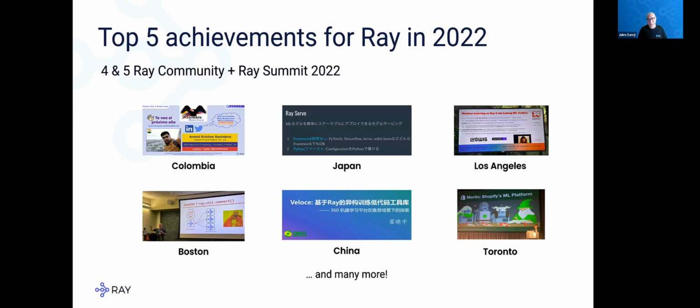One of them was from Shopify, Isaac, who gave a talk about how they use Merlin. And I was in New York at the PyData doing a tutorial, and there were 6 different talks on Ray, not from Anyscale. These were from the community, and it was quite heartening to go to a conference and realize that there are other people talking about Ray, and that really is a testament that Ray is really taking off